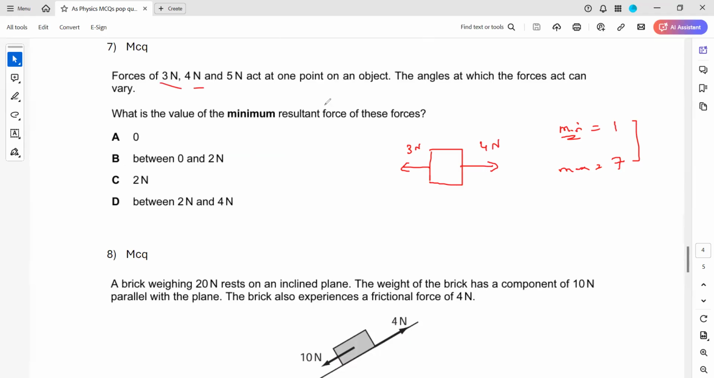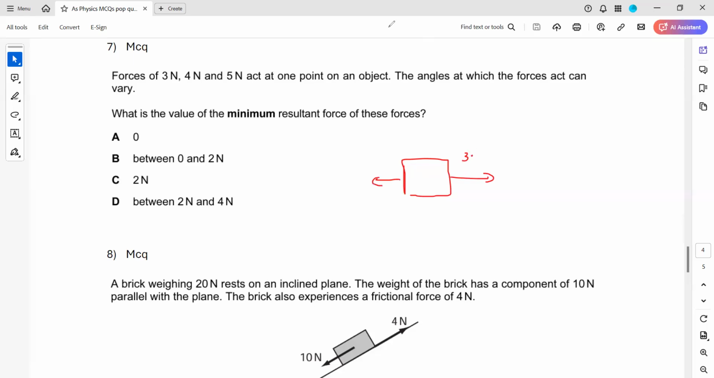Now we have the 3 forces and we want a minimum resultant. So how can I have a minimum resultant? Look, the minimum resultant means the two forces act in opposite directions. That will give me the minimum resultant. The maximum resultant is when the two forces are acting in the same direction. But I can vary the resultant from 1 to 7. How can I vary the resultant from 1 to 7? If I change the angle between the forces,